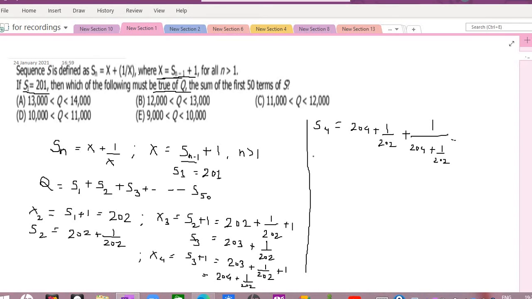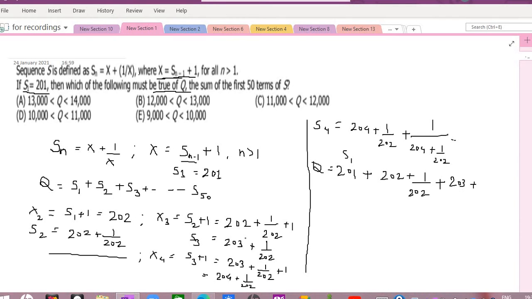So see, what is our x? Q. Q is the sum of all these terms. So Q is equal to S1 plus S2. Now what is S1 here? S1 is given to us as 201. This is our S1. Now what is S2? We just found out that S2 is 202 plus 1 by 202. Now what is S3? We just found out that S3 is 203